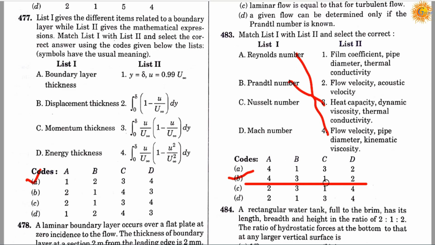And the Nusselt number belongs to the first: film coefficient, pipe diameter, thermal conductivity. And the Mach number belongs to option 2: flow velocity, acoustic velocity. Okay,